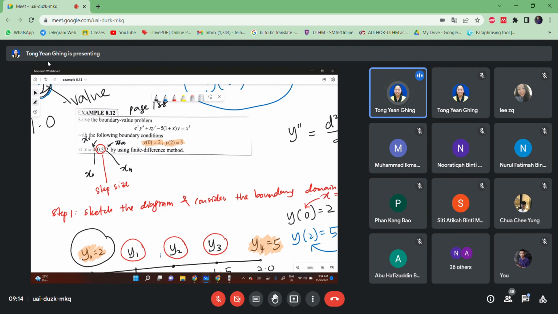By the way, please make sure that you know how to do the initial value theorem as well. Bukan setakat yang boundary value problems ni saya tak bagi untuk, I didn't give for the assignment. So the assignment only initial value problems because I just want to make sure that you understand. So I stop sharing here.